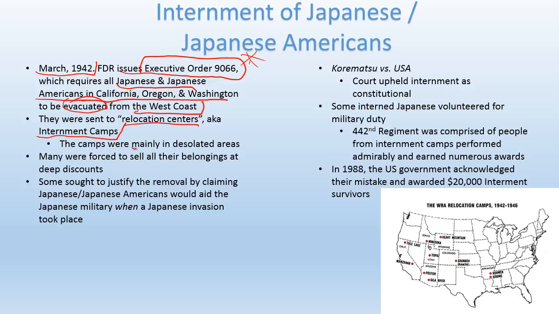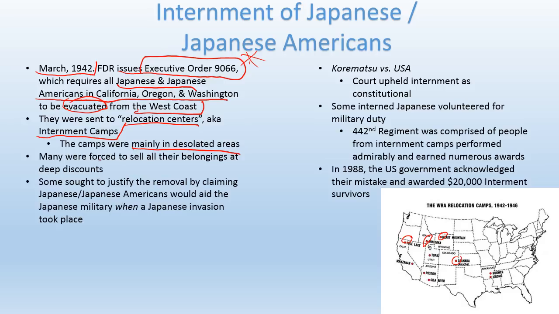And these camps were really in desolate areas. I mean, look at some of these, Tule Lake way up there, like in southeastern Idaho, northern Wyoming, southeastern Colorado, literally in the middle of nowhere. And these Japanese and Japanese Americans were told, listen, you have a week or so, you have to sell all of your stuff, and you can't bring anything with you.